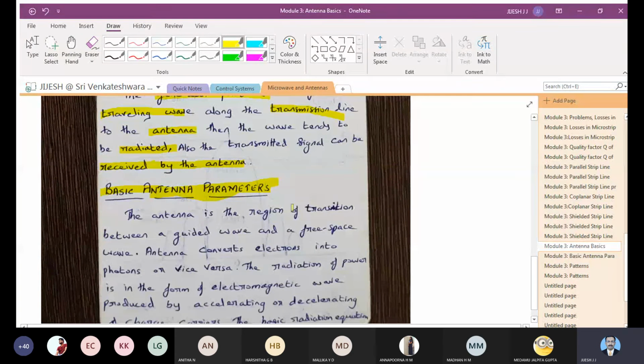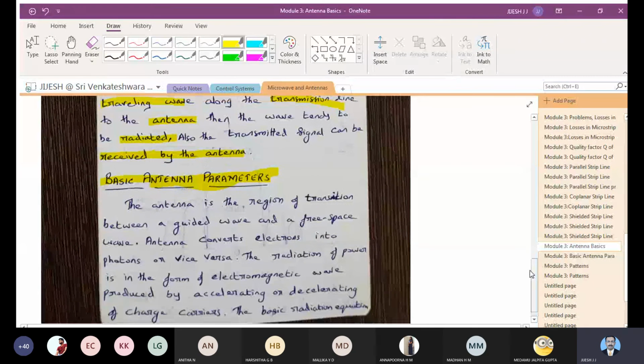These parameters are used in order to measure the strength of an antenna, or what signal can be received, what signal can be transmitted, what power can be calculated. All those things can be done, and you can find out the capacity of an antenna, its efficiency. All those things come under the antenna parameters. So entire half of this module is all antenna parameters, where we'll be studying each parameter in detail.